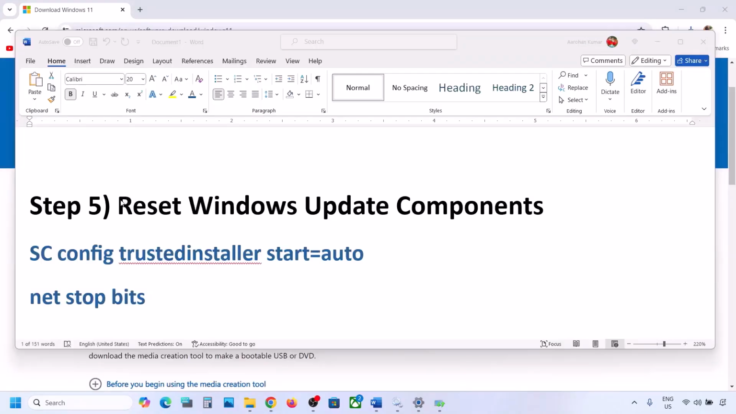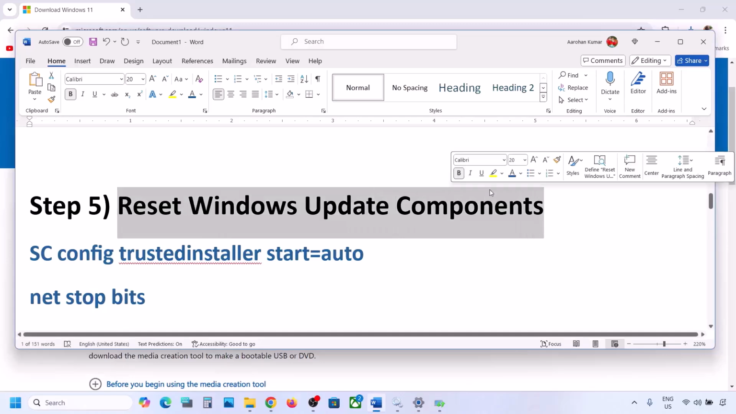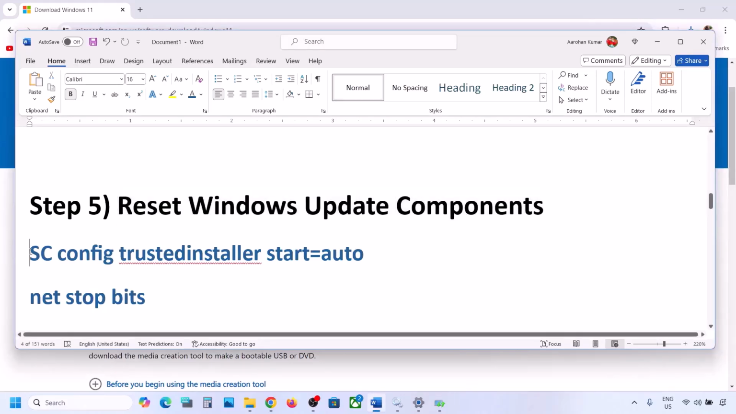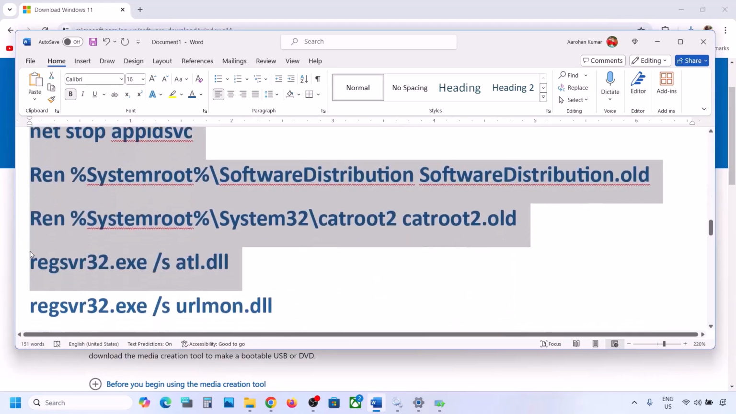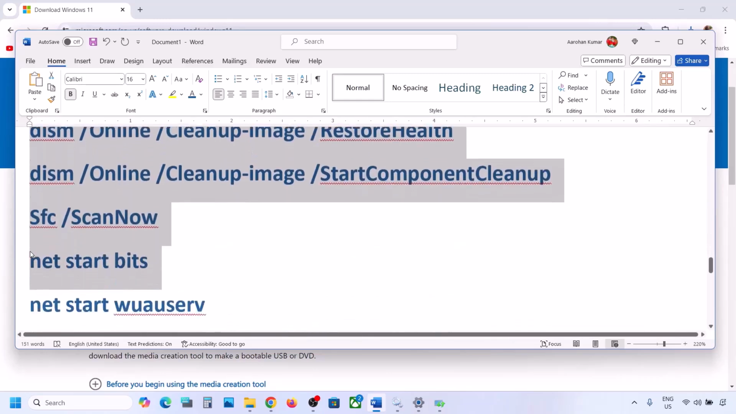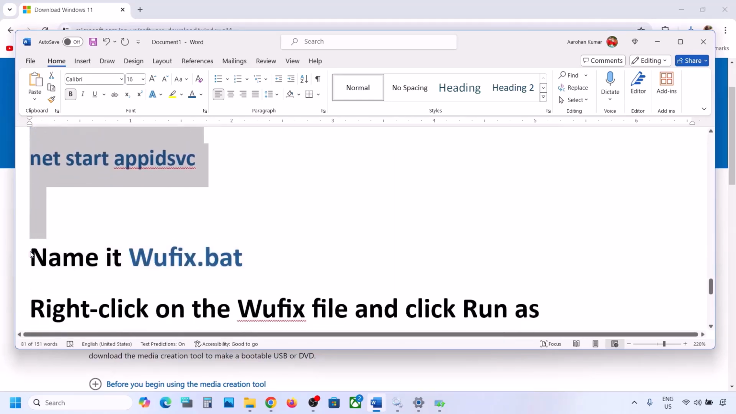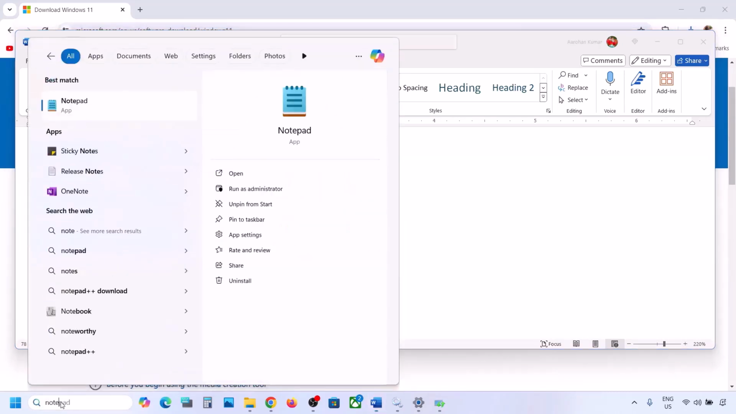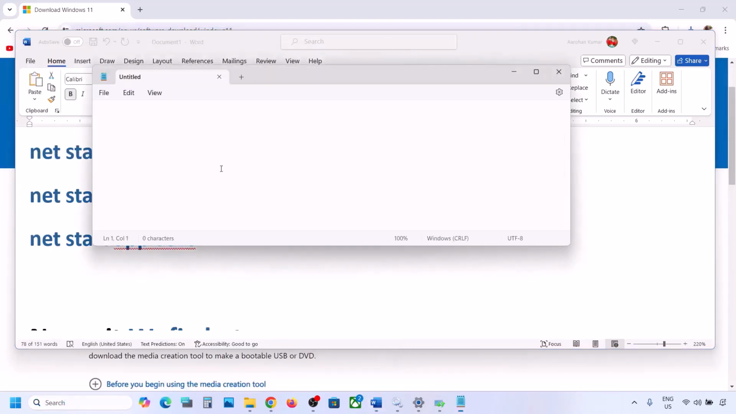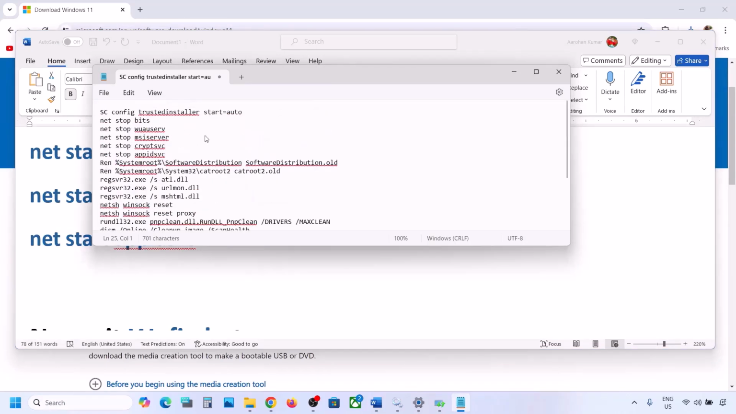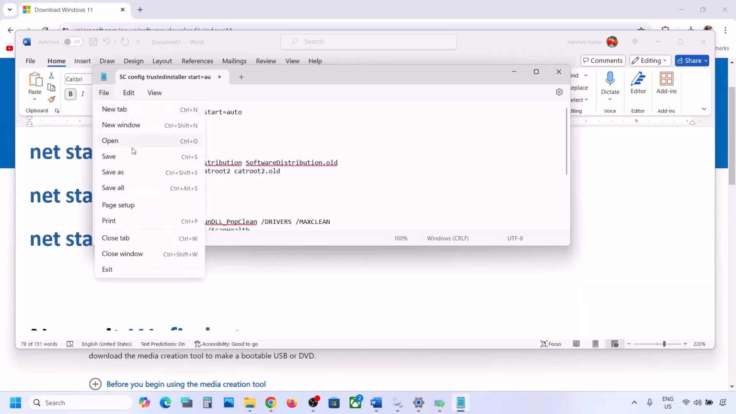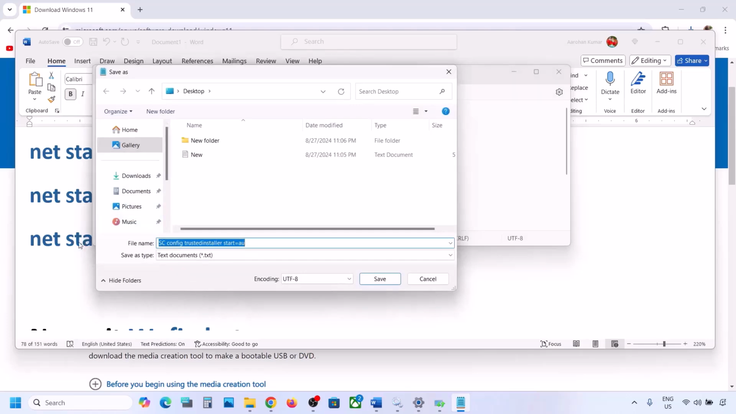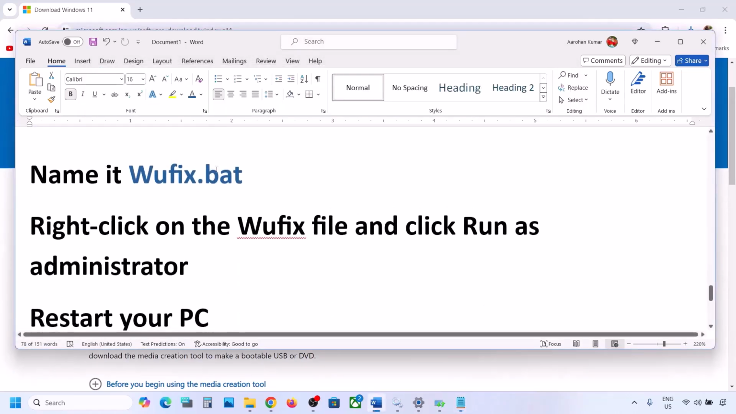Now the next step is to reset Windows update components. For this, copy all these commands. These commands are provided in the video description. Copy it till here. Once you copy it, open Notepad on your computer and paste all the commands. Then go to File at the top, click on Save As, and name this file